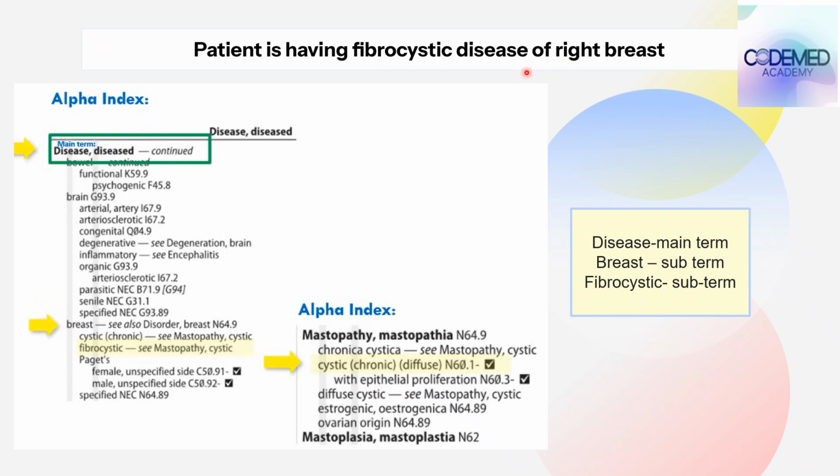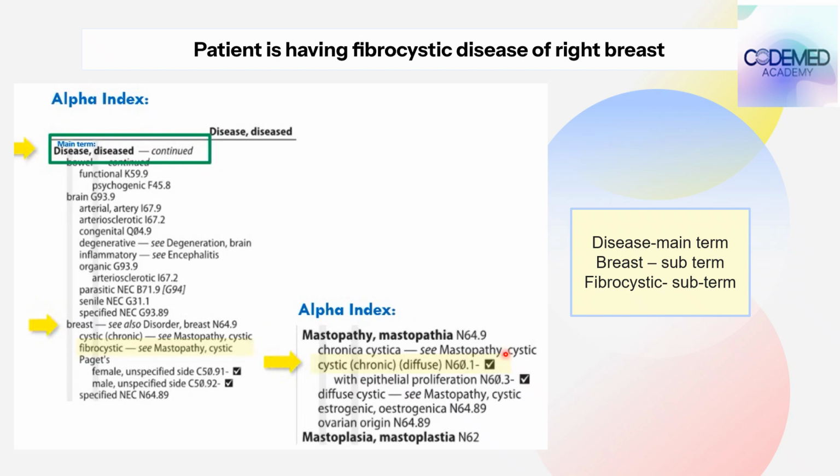So I'll pick up the word disease. Under disease, I'll look for the organ that is breast. Under breast, I am interested in fibrocystic because there is a cystic, but I am interested in fibrocystic. And in front of that, I'm not getting a code, but they are telling me to go to mastopathy. Am I getting a code? No. Mastopathy cystic. So I come to another main term, mastopathy, under that cystic, and I find the code